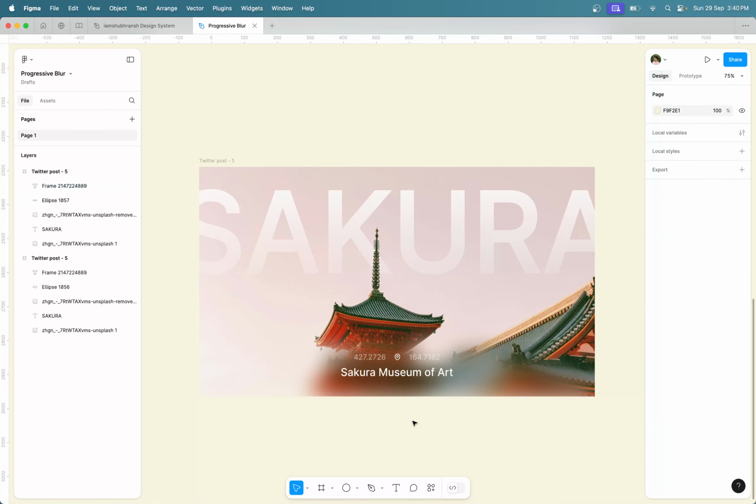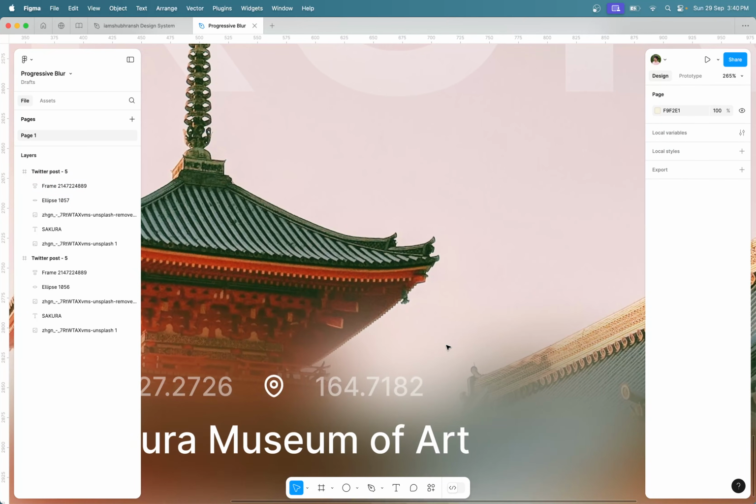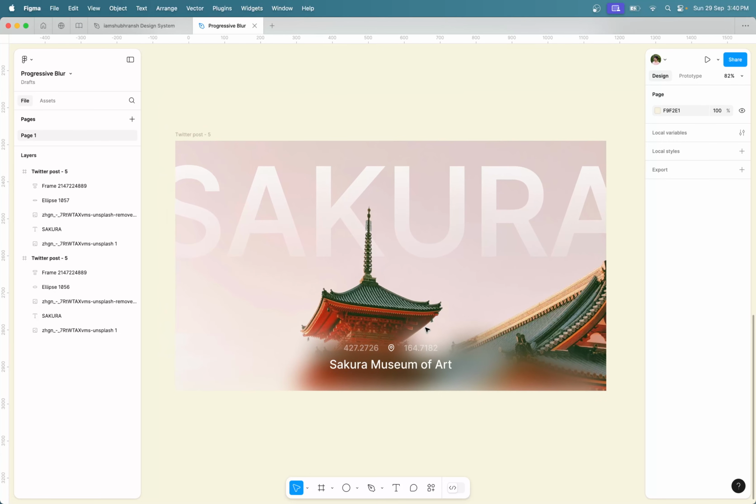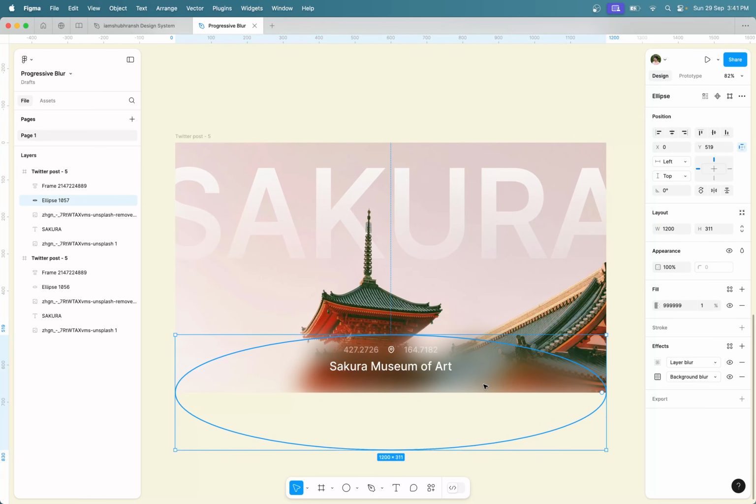You can choose any text you want to place over the effect. Now make sure that this effect might not work with any kind of image. So if you're using a different image, the blur values need to be changed. What you need to keep in mind is you need to change the fill opacity, the layer blur amount and the background blur amount to get the desired effect.